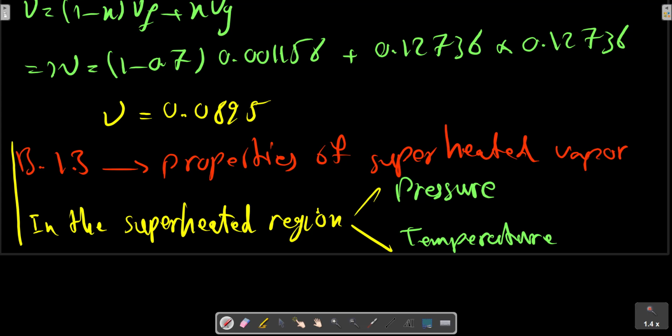Therefore, for each pressure, a large number of temperatures are given, and for each temperature, 4 thermodynamic properties are listed. The first one being specific volume, the second,